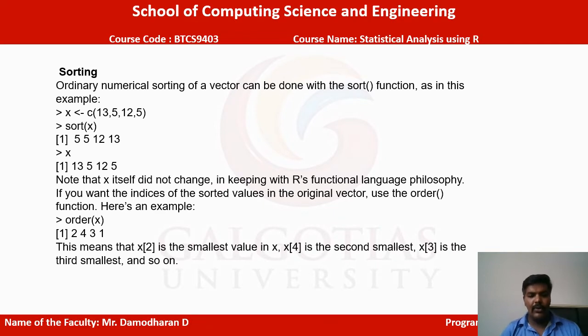First, we will take the order to arrange the data. Ordering the data means it can be in ascending order or descending order. Usually we use the sort function to arrange the data. The input values may be numbers or characters. For numbers, we arrange in increasing order or decreasing order. For characters, it starts from A to Z or Z to A. So this is our process of arranging the order.